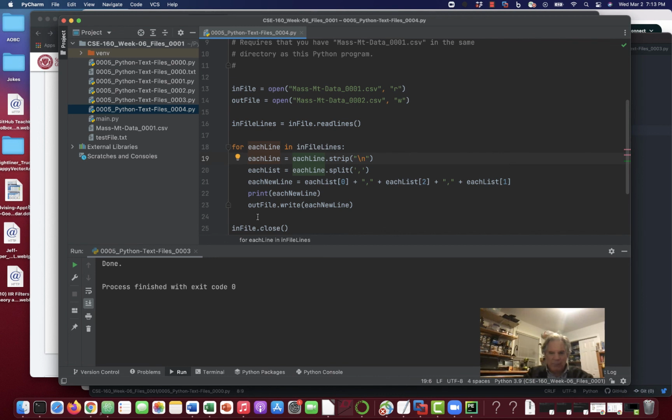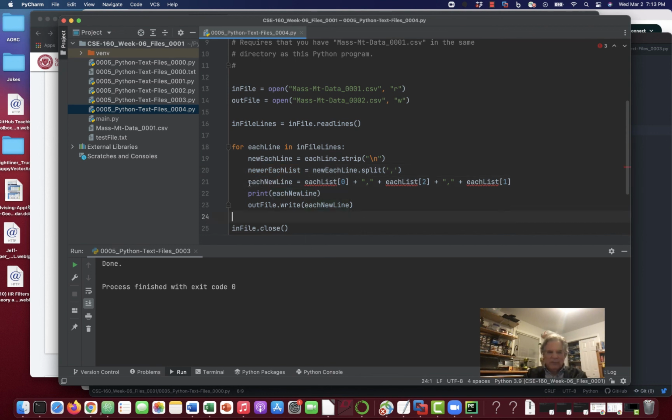I'll tell you what. Even though it works, let's call this new each line, and then we're gonna do everything working on new each line. And if you want to run it the old way, you're welcome to do that and prove that it works. But let's do it this way. It's better documentation. So we're going to create a new line by stripping off the carriage return, right? Then we're going to split new each line here, and well, we've already seen this work, but let's go crazy here. We'll call it newer each line, and